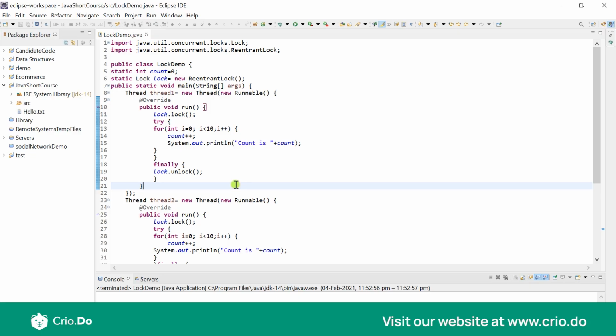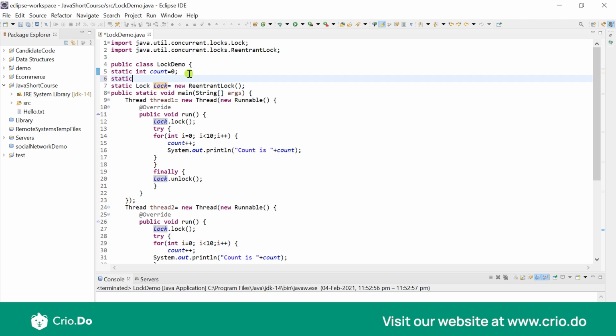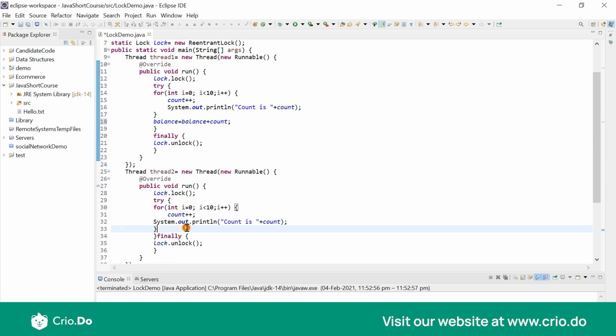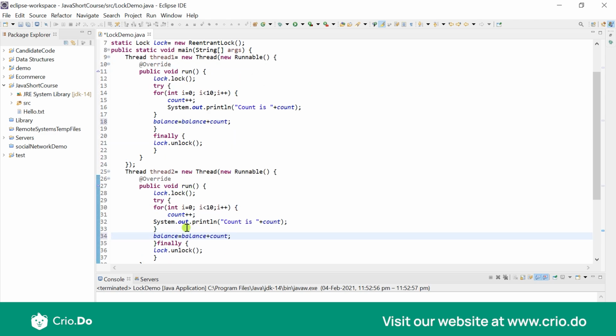Now, once you understand this locking mechanism, you would understand that if we are working on a particular shared resource, let's say count, we have used a particular lock. Let's say, for example, we had another shared resource, and let's call it balance, and that is also 0 for now. And I want to work on balance once my entire for loop completes. I want to say balance equal to balance plus count. This is just a random thing which I'm doing. There's no logic behind this, but this is the thing which I want to do